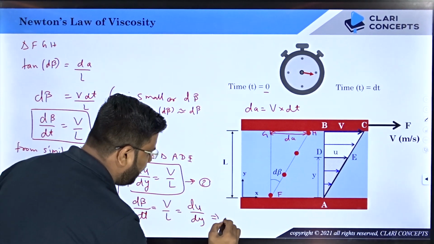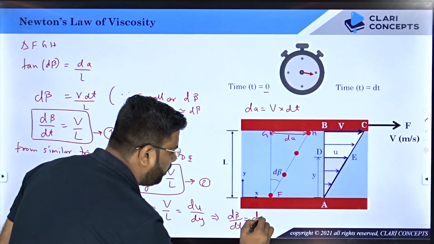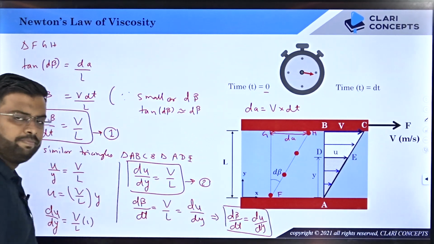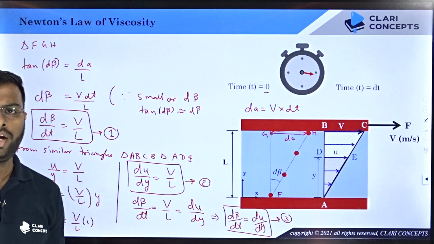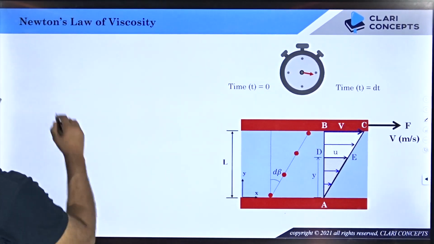This implies, can I say d beta by dt is directly equal to du by dy? So du by dy is nothing but the rate of shear strain, yes or no? This is equation number 3, let us suppose. Now why did I derive this equation? Because experimentally it is proven that,